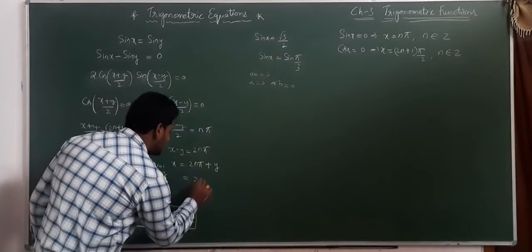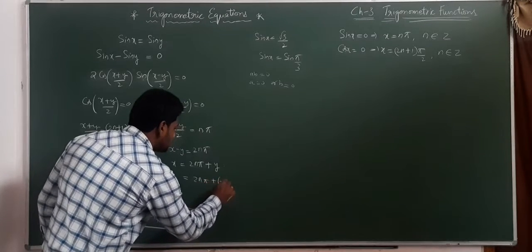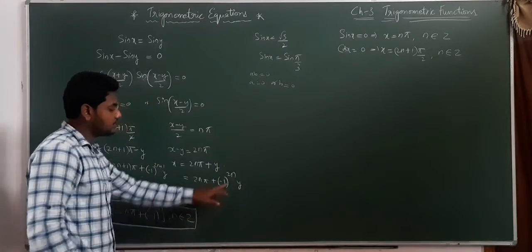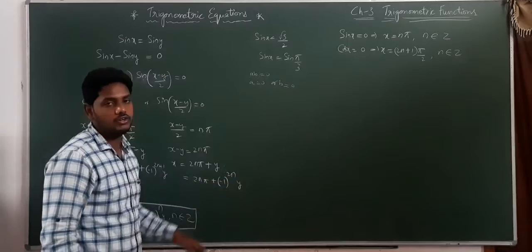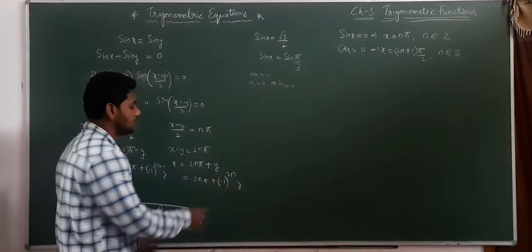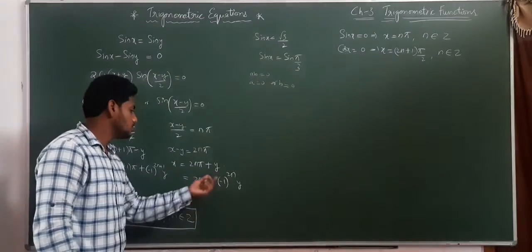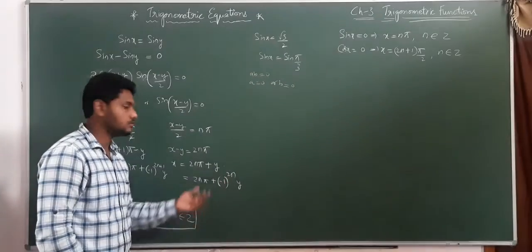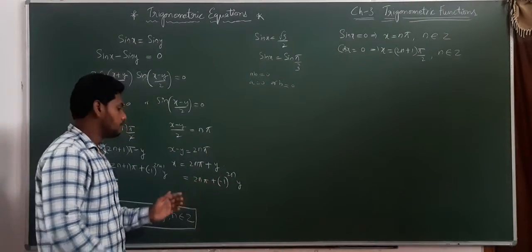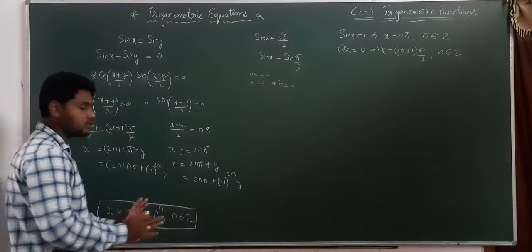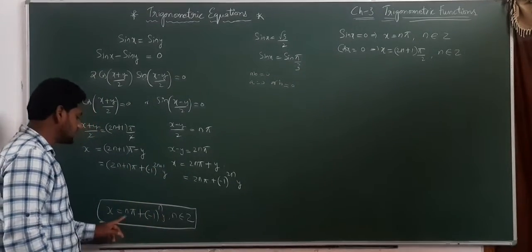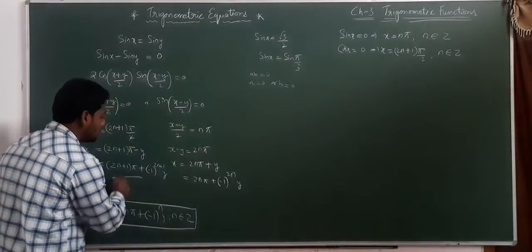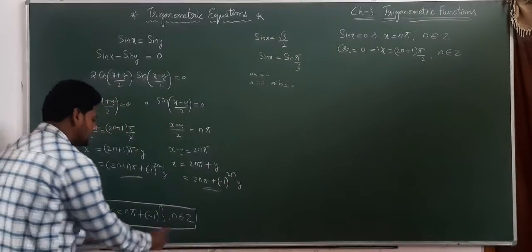So for even, how can we write? 2n pi plus or minus 1 whole power 2n into y. If you observe n here, if you substitute an even number like 4, minus 1 whole power 4 is just as minus 1 whole power 4. Anything multiplied by 2 will become an even number only. So this I can write as 2n pi plus or minus 1 whole power 2n into y. So nothing changes. Both are the same. By combining those two, I will write a single equation which is x equal to n pi plus or minus 1 whole power n into y, where n belongs to Z. This represents odd numbers, this represents even, but this represents both.